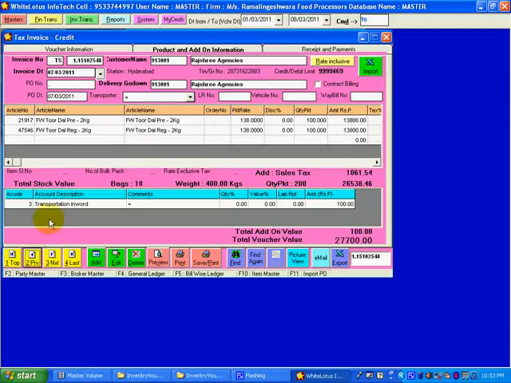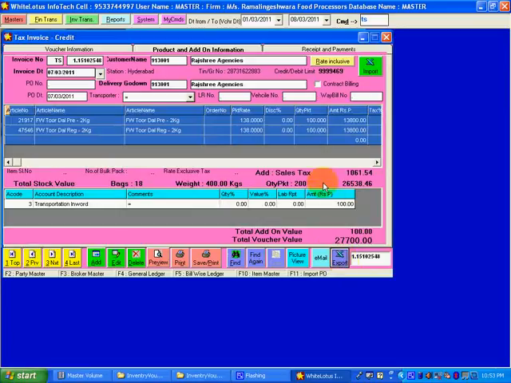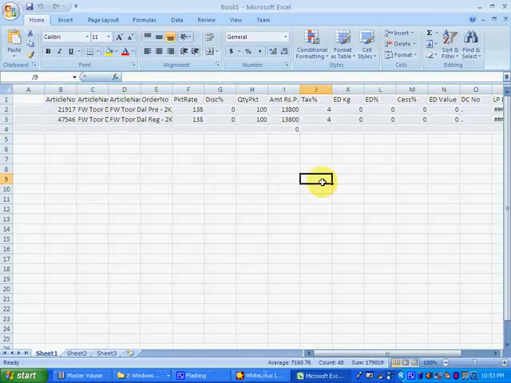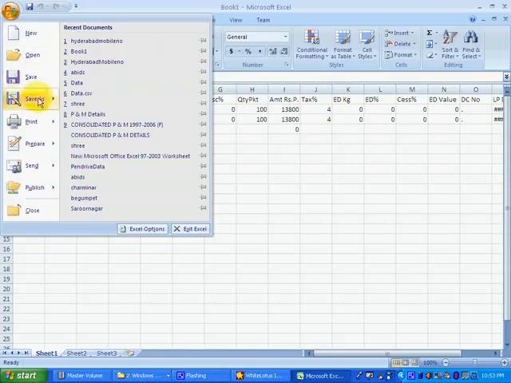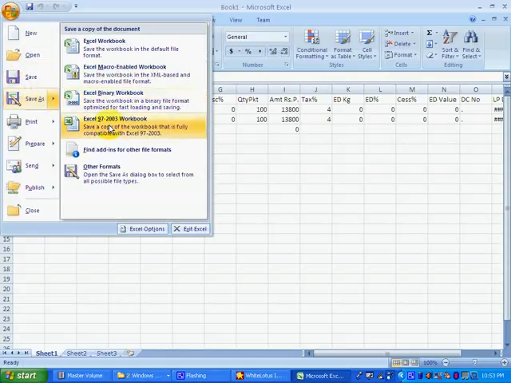Suppose if at all I want to export this contents to Excel, go to export command. It will open the Excel and the contents are exported to Excel. Now here we can save this Excel file. I will save this Excel file to